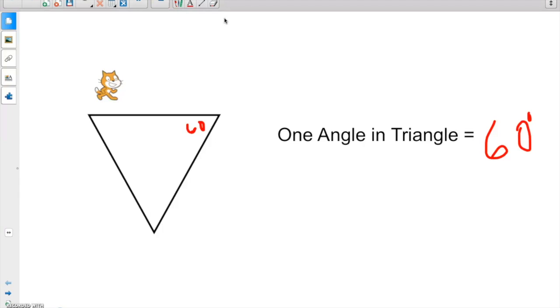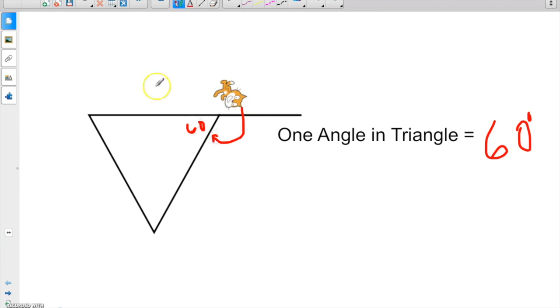So we will notice that, let's try and troubleshoot this briefly. We moved 100 steps, and then we turned this angle right here. We claimed this was 60 in our program, but let's analyze this a little bit closer. If I extend this line so I can see where my Scratch Cat is standing, I bring him down here, and I actually turn him, we will notice that he is turning. He's starting at the top, and he is turning